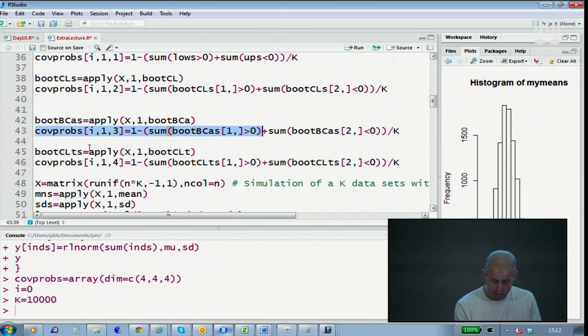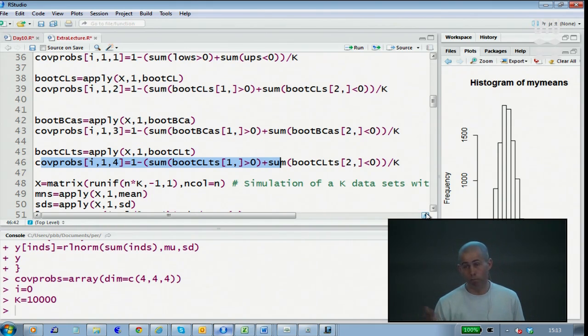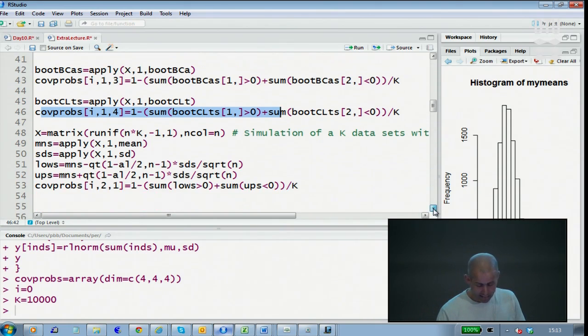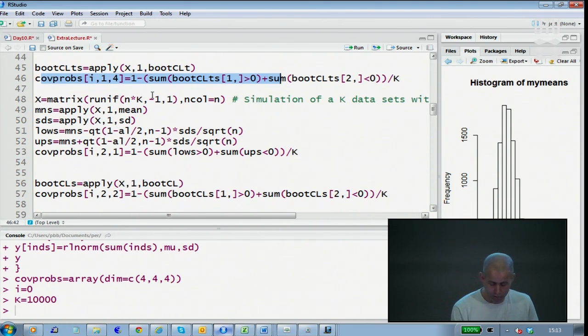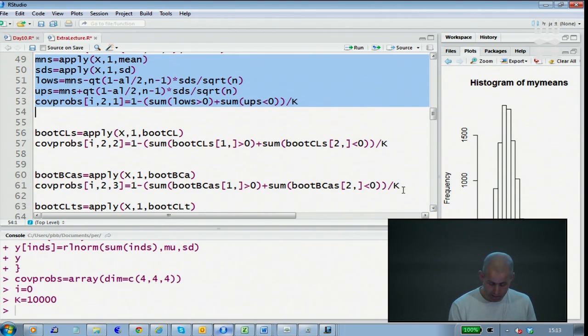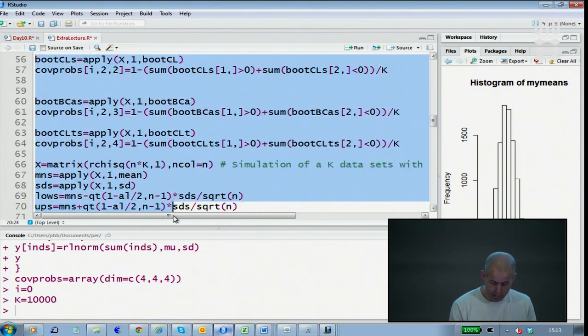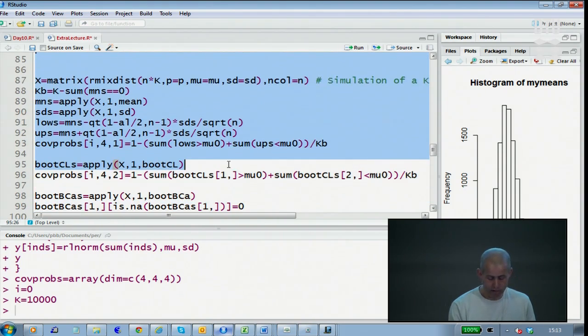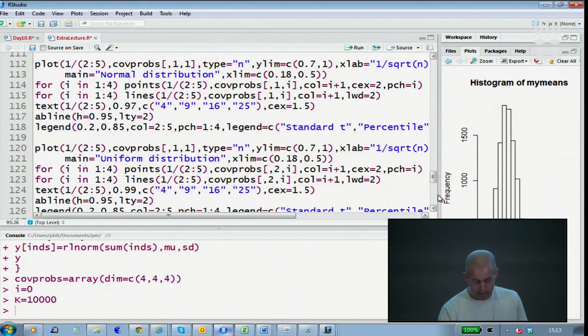I do the Bootstrap T, and I count, and I collect all this information, all the probabilities for the plot that I just showed you a second ago. Then I do the uniform simulation. I apply the standard t, and I count, and so on and so on. I apply the 3 different Bootstrap methods, counting, and I do it throughout for the 4 different distributions,